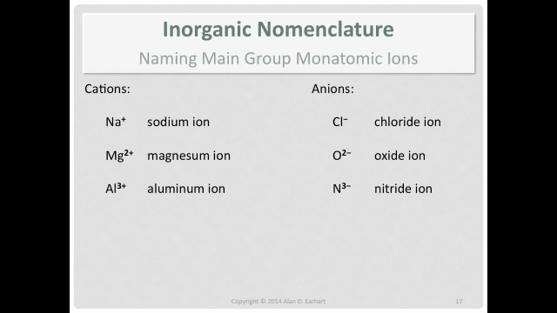Okay, so notice the pattern. Let me just remind you. You cannot tell the charge from the name. If I say, what's the charge on the oxide ion? You have to think, okay, oxide, oxygen, it's a nonmetal. So it forms an ion, it has a negative charge, it's an anion, it's a nonmetal, and the charge, let's see, what column? 6A. It's 2−. So make sure you practice that.